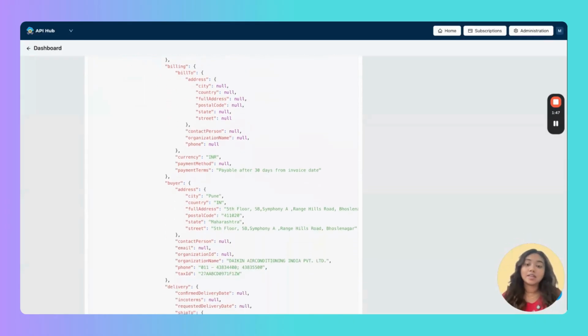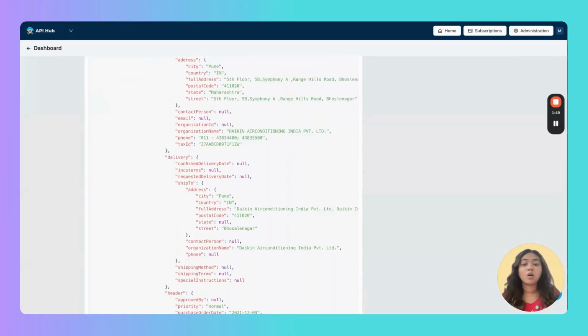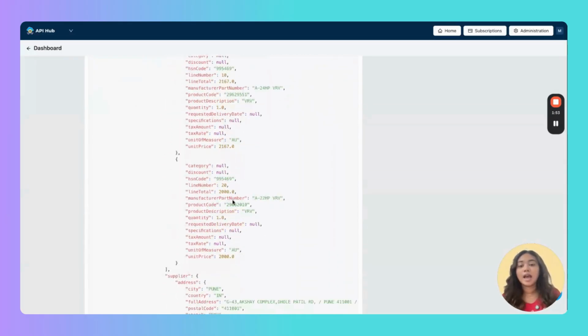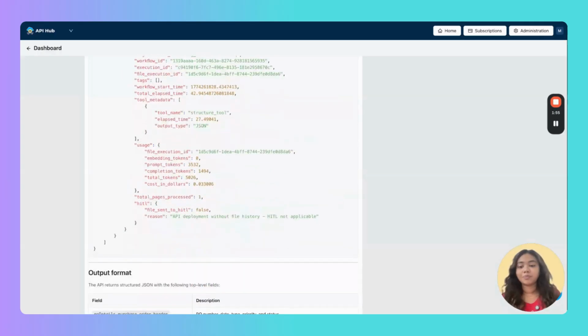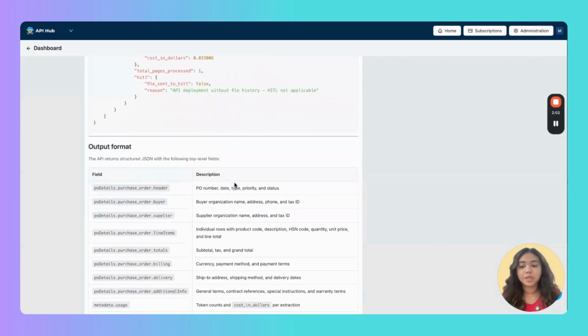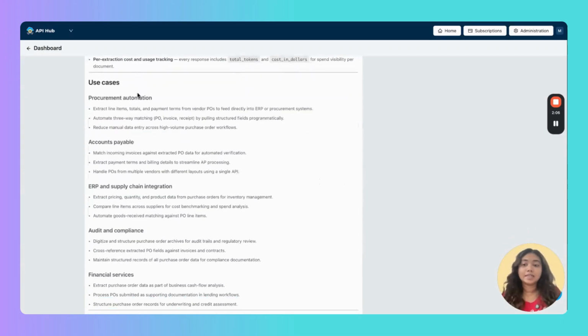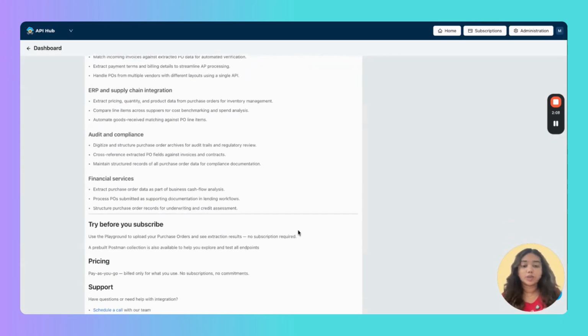So our team has done extensive research, and we've looked to accommodate all the data fields that are usually extracted from purchase orders, and you have all of them lined up over here. And in case a certain field is missing in your particular document, you would simply be returned with a null value. So go through this entire overview, and finally it concludes with a bunch of use cases where this API